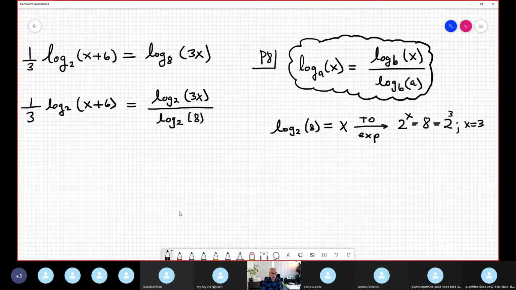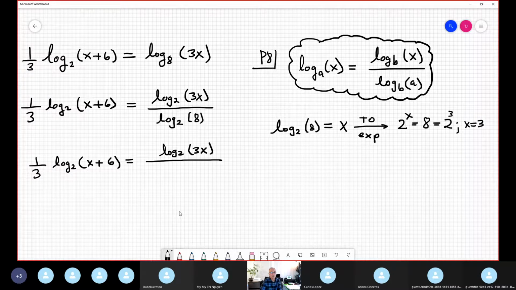Okay, so you replace 1 over 3 logarithm base 2 of x plus 6 is equal logarithm base 2 of 3x divided by 3. Wow, this is cancelled. This 3 is cancelled with this. Therefore, stay alive. Logarithm base 2 of x plus 6 is equal logarithm base 2